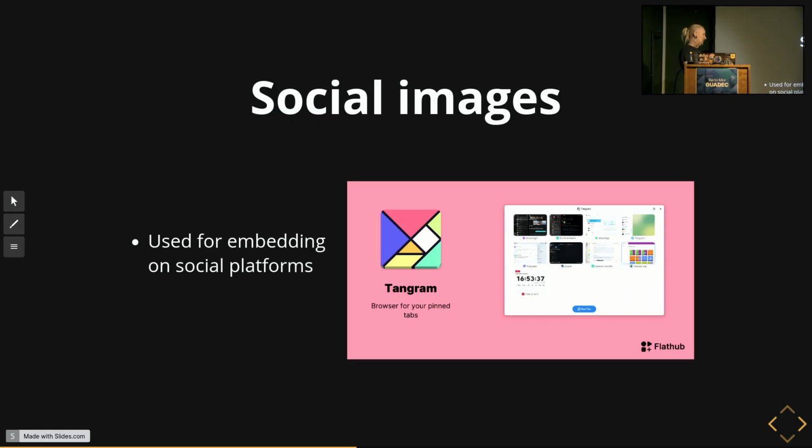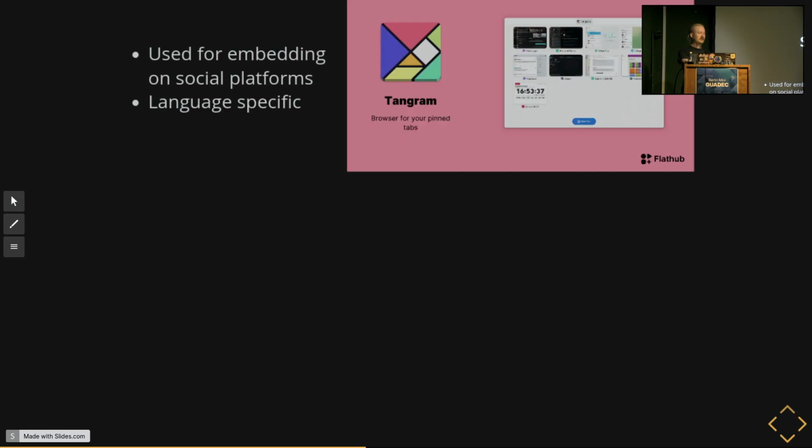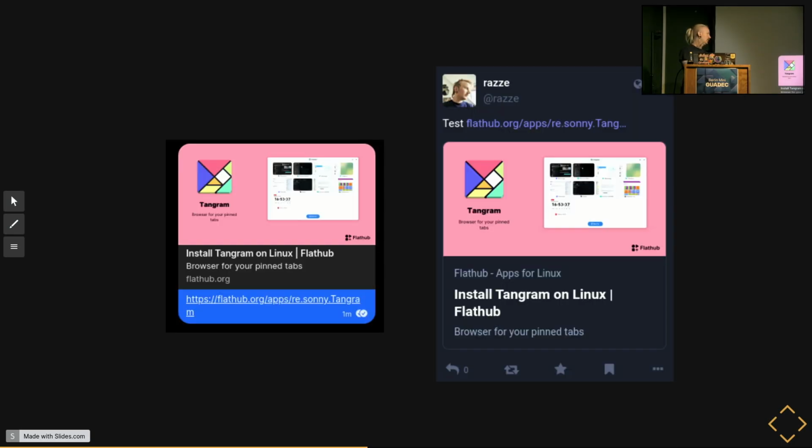So you can post this on Mastodon or wherever, Element, Matrix, and it shows up nicely. And it's also translatable, so if you have translations for your app, it will also be in that language. Here's an example of me posting on Mastodon and one in Signal, I think. So it shows up nicely, it gets across what you're sending, so it's kind of nice.